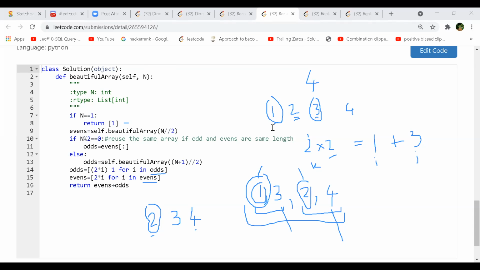In the case of 1, 2, 3, 4, we first separated as 1, 3 and 2, 4. So what is wrong with just using 1, 3, 2, 4? If you build for a bigger one, it won't be like that. You'll land in other sequences which will not follow this beautifulness, so you'll have to remove them also. Here you have 1 and 3, where the difference is 2. In some cases the difference will increase to 4, so it will be 1, and then something like 4, 6, it will be 5, right?